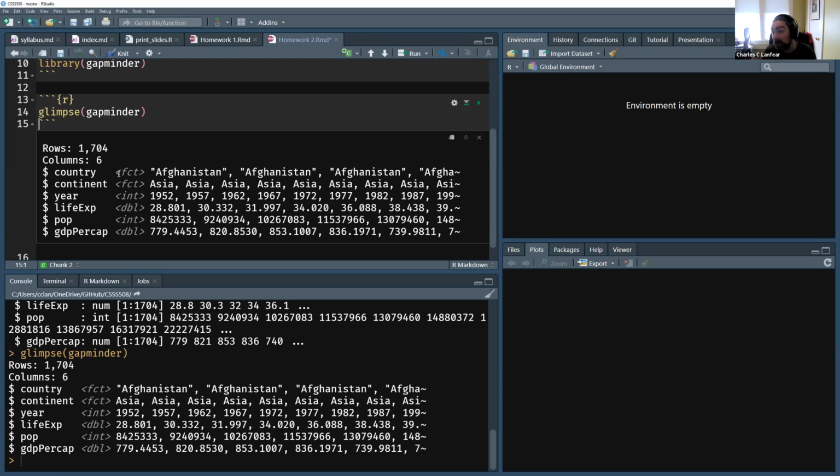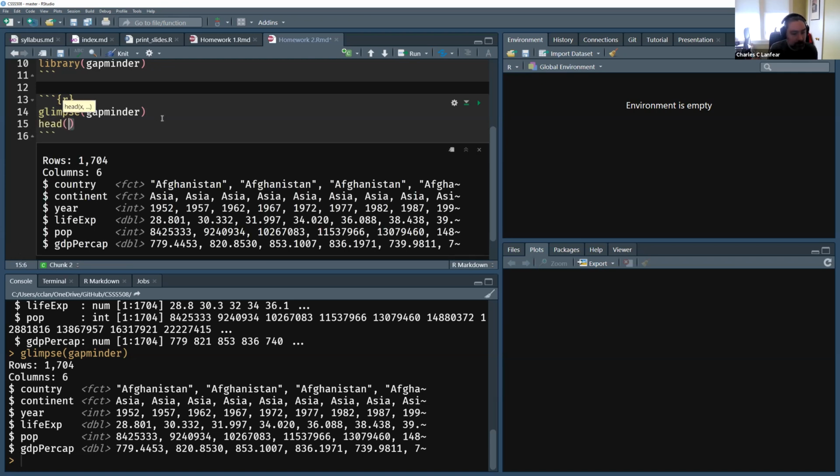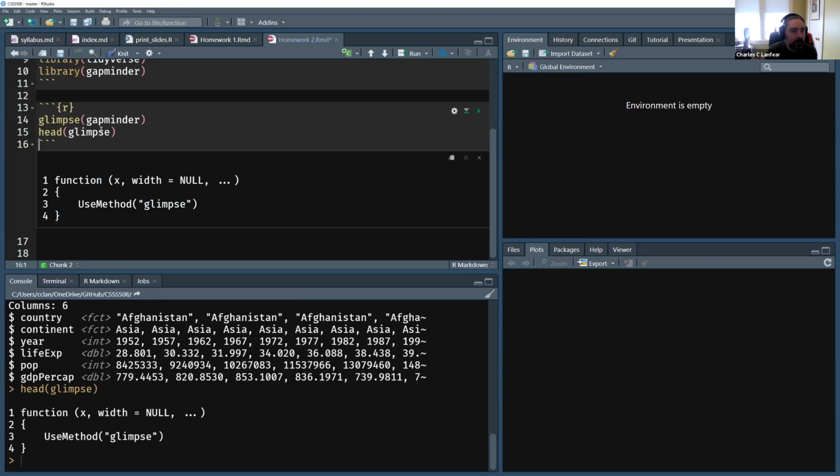Glimpse lets us take a quick look at our data. It says, for instance, we have 1,704 rows, we have 6 columns, and we have these 6 columns specifically that are, for instance, factors, integer, double, and they take values like this. Glimpse is a good one. I use glimpse constantly to take a quick look at data frames. It's better than just displaying head of a data frame. So if I do head of a data frame, head of gapminder,